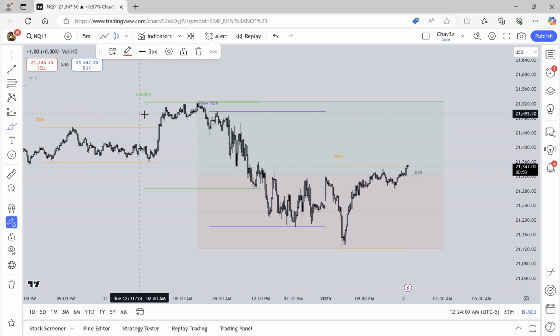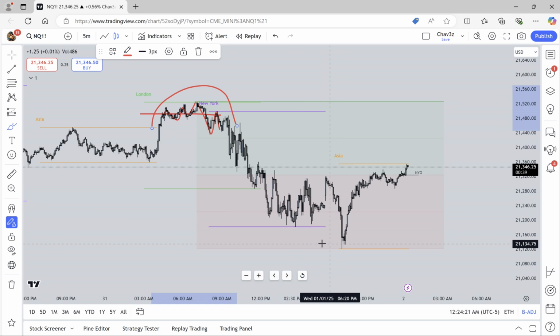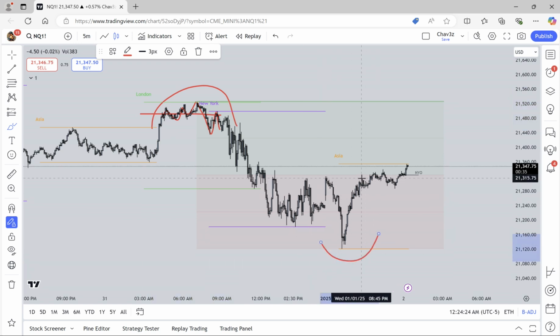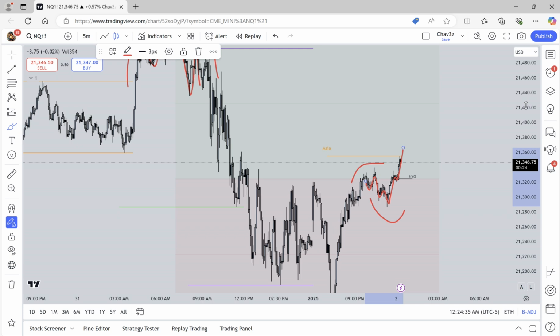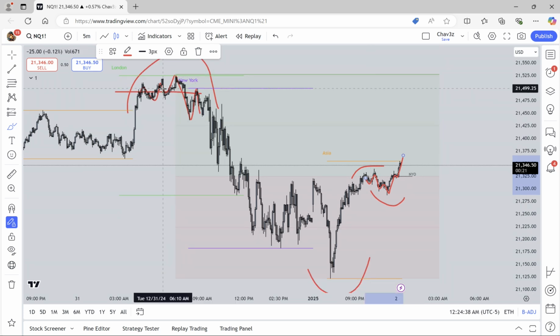So we have equilibrium. Remember, it was around here. We created a high, higher high, higher high, and then a lower low, sorry, and then a lower high. We've shifted the market. But more importantly, what have we done here? We've created that low, lower low, lower low, higher low. It's the exact same thing we did at EQ here, just the opposite way. We've created the shift in the market here, and now we've created the shift in the market here.